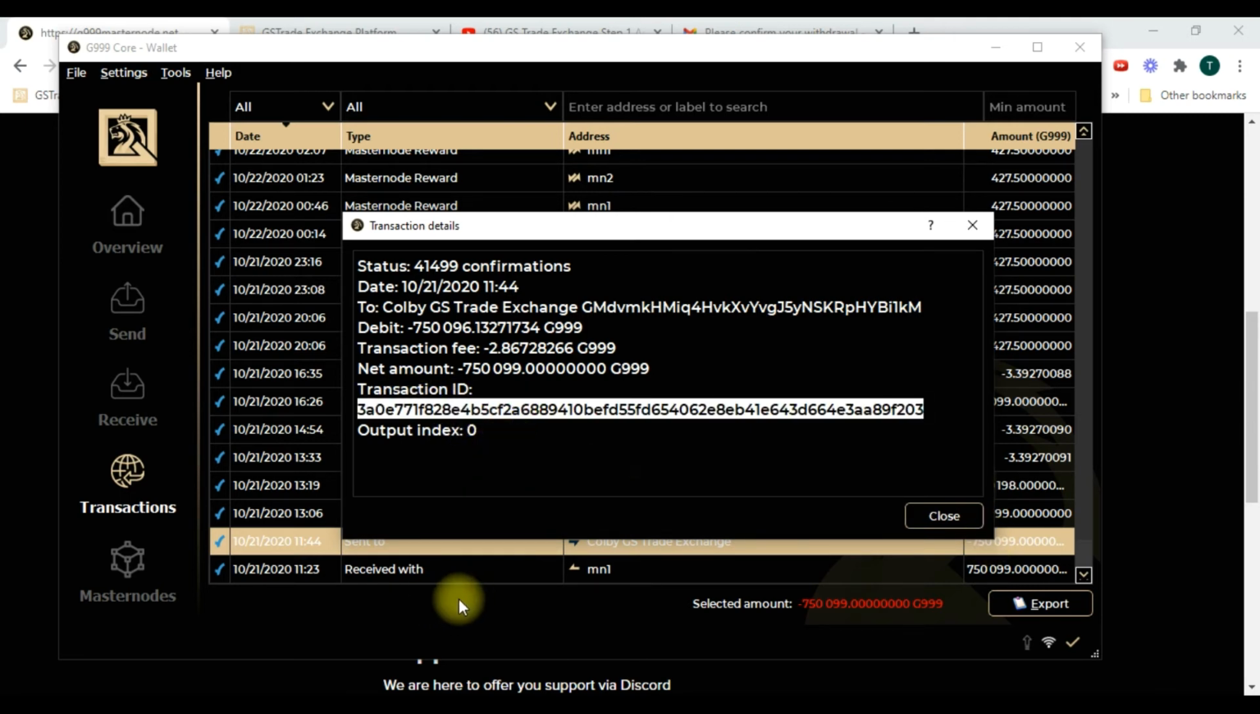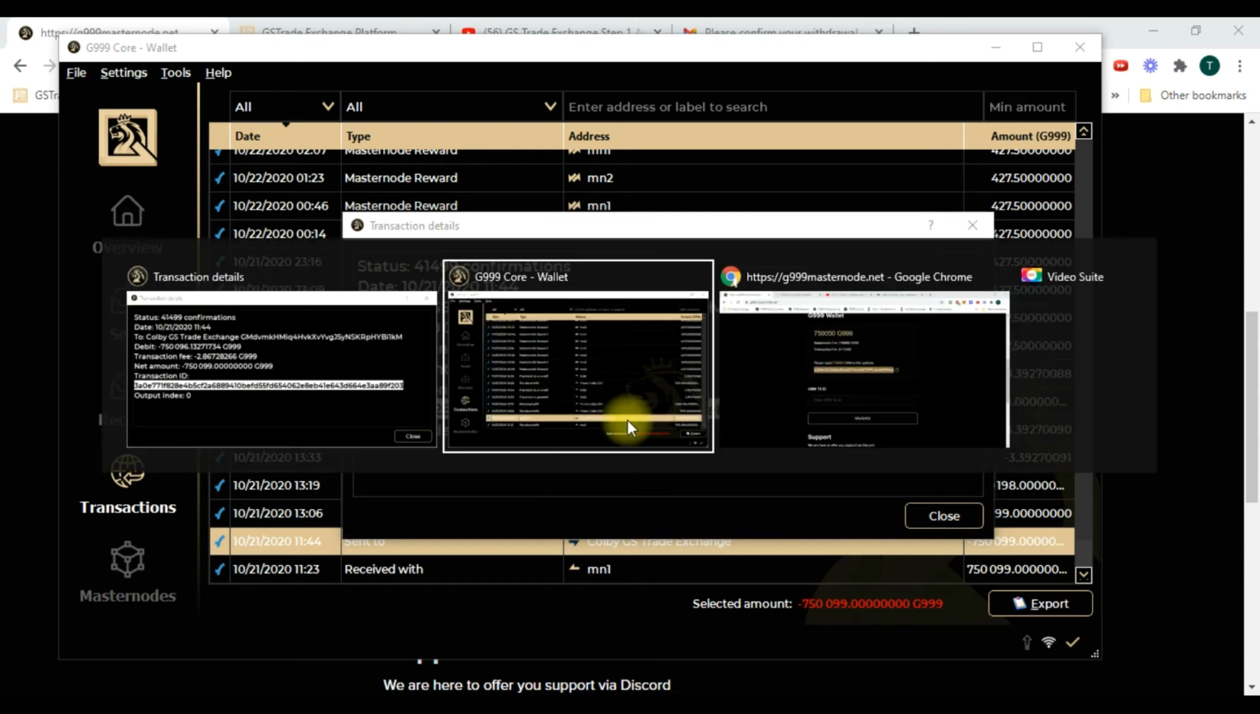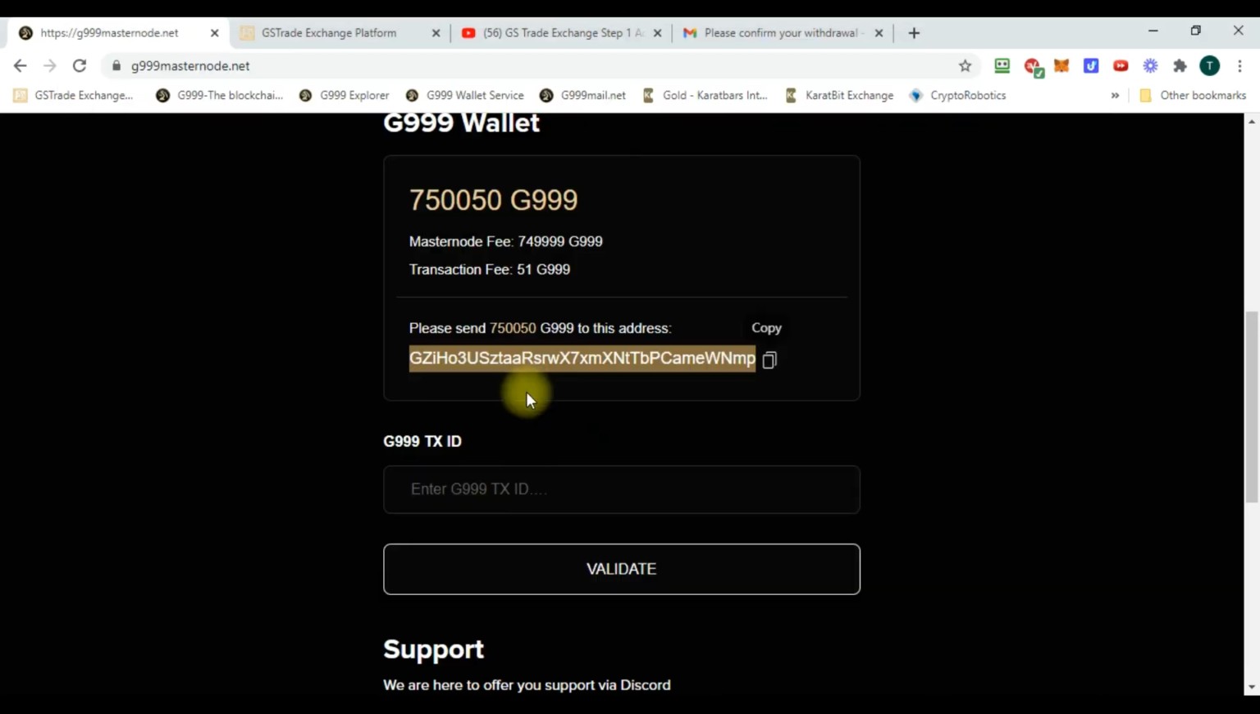Again, this is the transaction ID for the 750050 tokens that you have sent to the Masternode Setup Service. So it won't be the 750099. This is just something historical in my account. In your case, it will be 750050. So you're going to double click on that and Control C or right click and copy that transaction ID and then go back to the